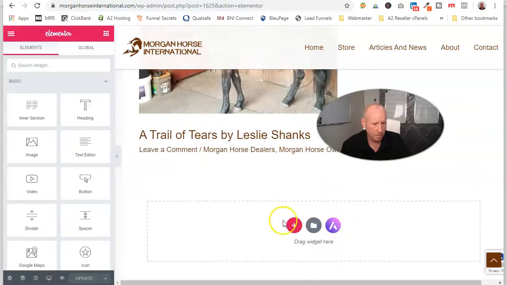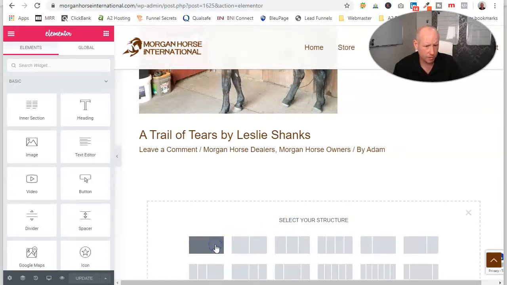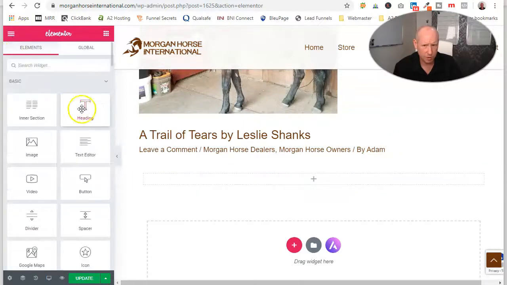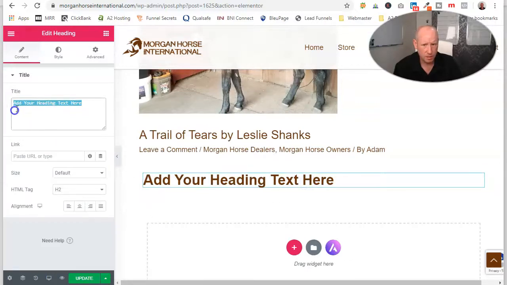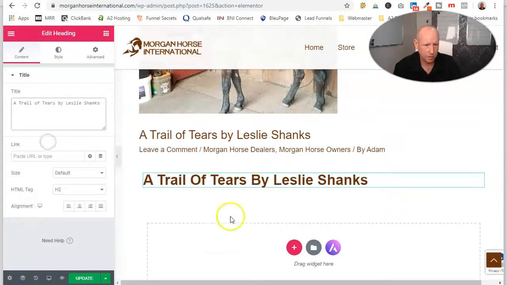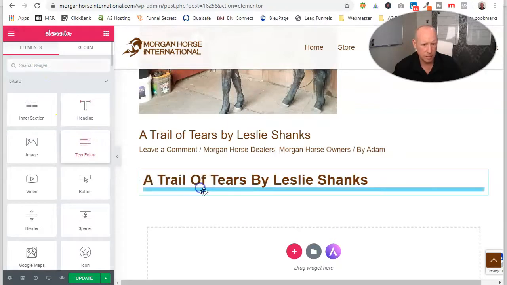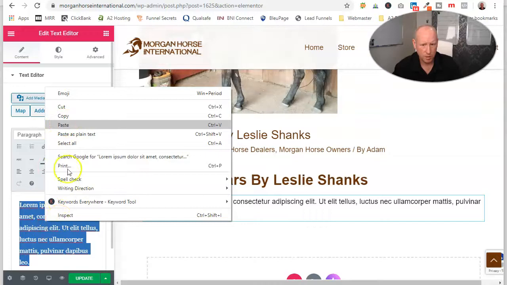So from here, what we're going to choose now, I'm going to add a new section, full length, and then here, just going to click on the burger icon twice and you'll get heading in there, and again, we're just going to put in our title. Click the burger icon again, and we'll get text editor, put that underneath, and we'll put in our